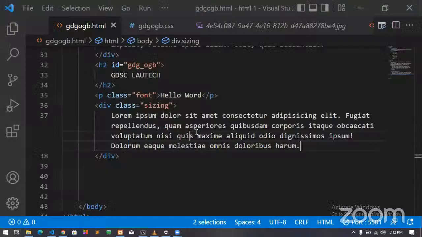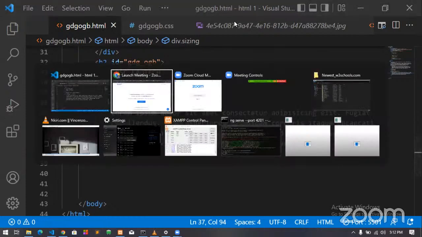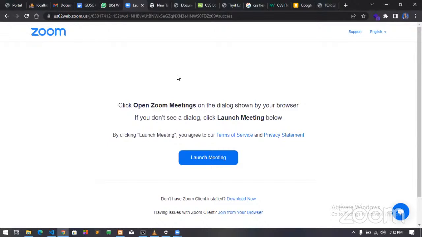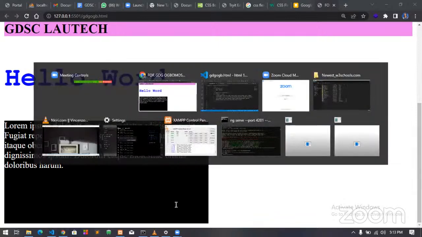Okay, so back to this now. I was talking about width and height. I said that width is just the length horizontally and height is the length vertically. So I gave it a width of basically 50 percent. So that's just like half of your screen. Your full screen normally is majorly 100%. Then the height of 50 VH, and this is where it's actually reaching. Are we together now?